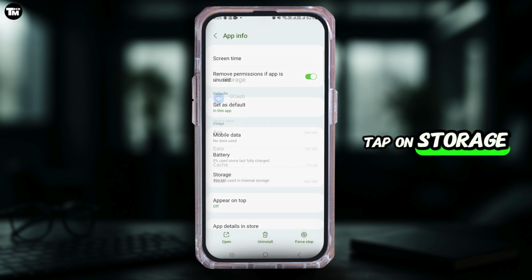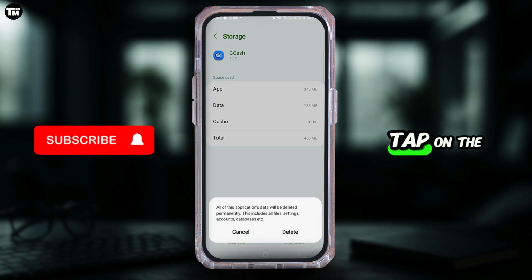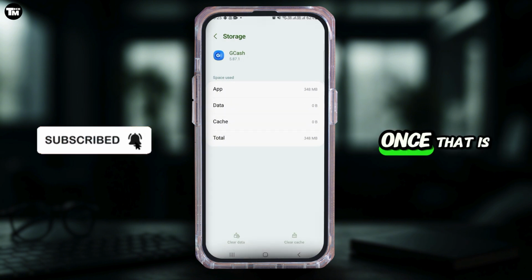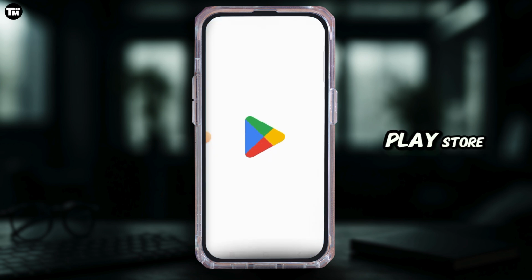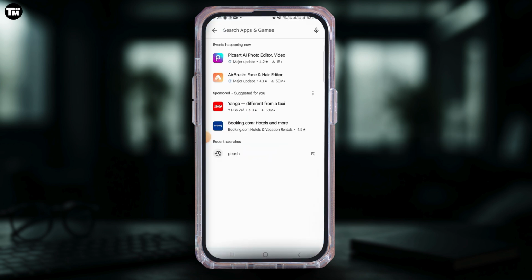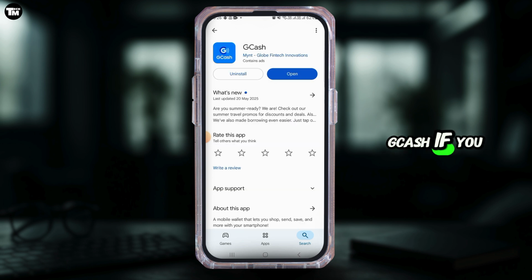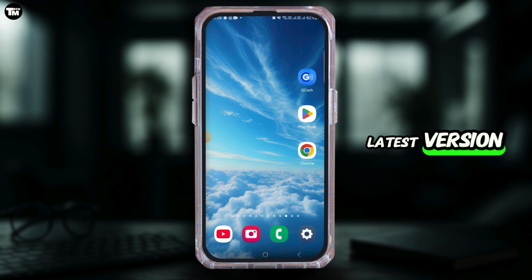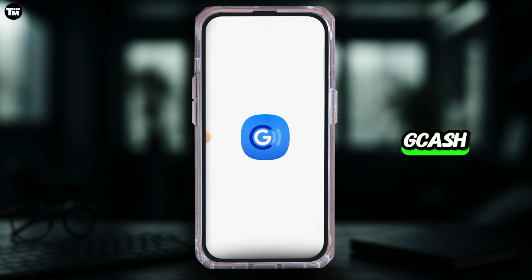Tap on storage. Tap on clear data. Tap on the delete option. Once that is done, you want to open up Play Store. Now search for Gcash. If you find an update button here, tap on that and update the application to the latest version. Once that is done, open Gcash, log into your account and check if your problem has been